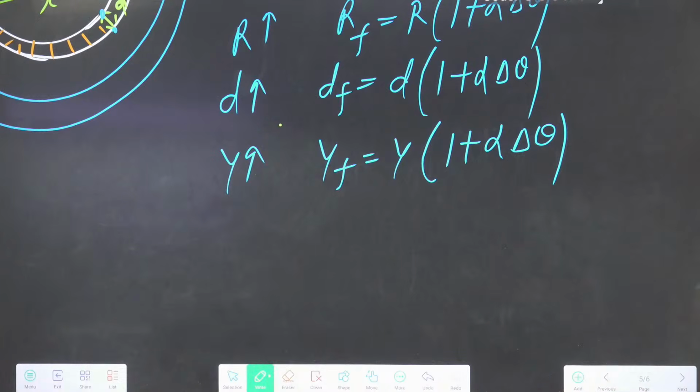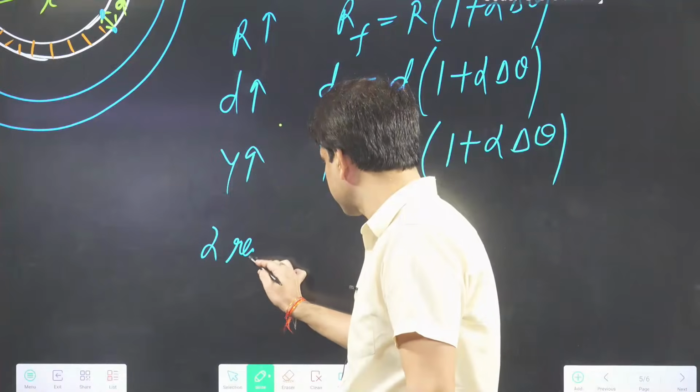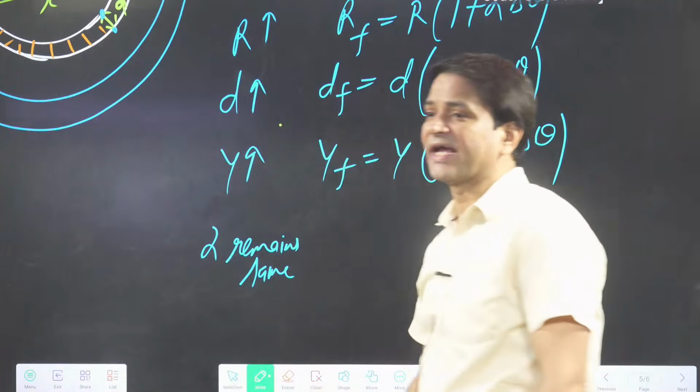Okay. Now for the angle, alpha remains same. Why? Because angle is equal to